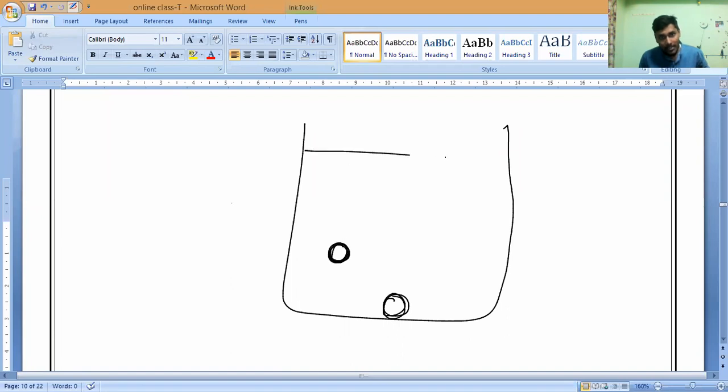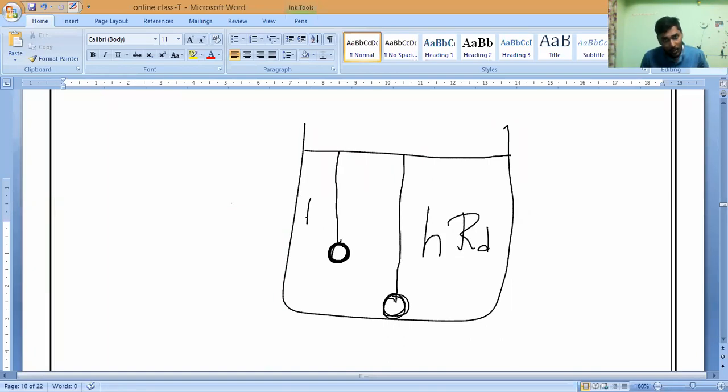Now imagine this is the surface of the water. From the surface of the water, the original depth is h. This is called the real depth. Now it rises a little bit up, correct? So from the surface of the water it rises. This is called the apparent depth. Now this difference is called the vertical shift. Is it okay, guys?